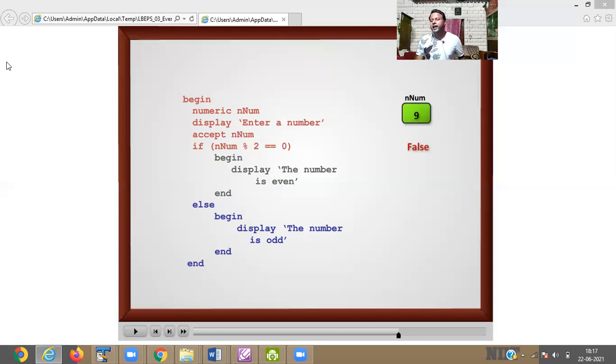Or write another pseudocode. Write a pseudocode.